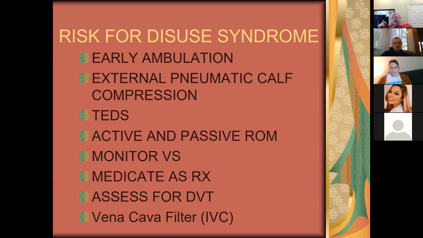Now, if it's an arterial clot, which doesn't have anything to do with this, then it's going to be cold and blue or white, and the pulse won't be good, and the leg will not be swollen. It'll be sort of flat or mottled or shiny. But if it's venous, lots of blood gets in there. It just can't get out. All right, now,